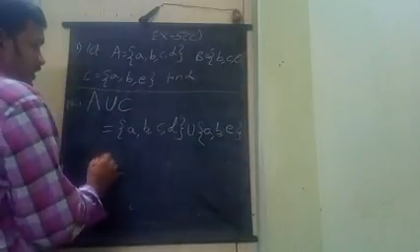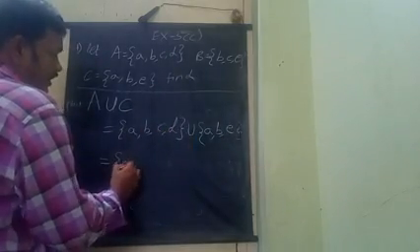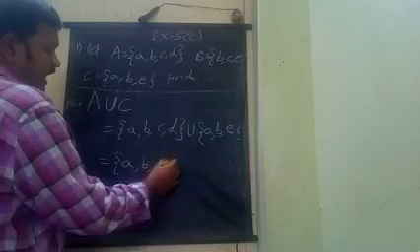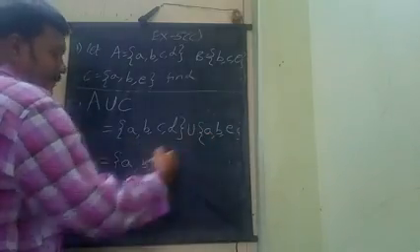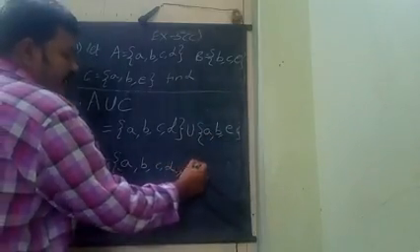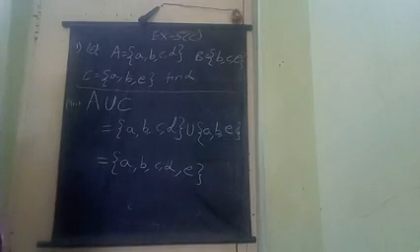Now what do I have to write? Union. U means all. You have to write all the elements. A comma B comma C comma D. First set is over. Going to the second set: A already there, B already there. Next one is E. The answer for this sum is A comma B comma C comma D comma E. This is about that third sum. Next sum is here.